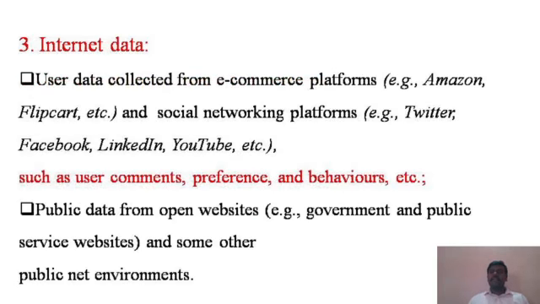Next is internet data. This is also one form of data. Information is collected from e-commerce platforms, maybe Amazon or Flipkart, etc., and from social networking platforms too, that is Twitter, Facebook, LinkedIn, and YouTube, etc. From these platforms, user comments, preferences, and behaviors can be predicted. Sometimes public data from open websites like government and public service websites and other public net environments can also be collected and advised to the management